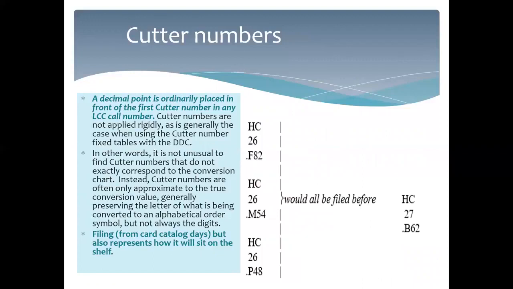So here's an example. What does sitting together on the shelf really mean? A decimal point is placed in front of the first cutter number in any LCC call number. So if you have a class and then it has a subclass with a decimal, you're going to include that. And then when you do your first cutter, and we'll talk about the MARC formatting part of it, when you do your cutter,